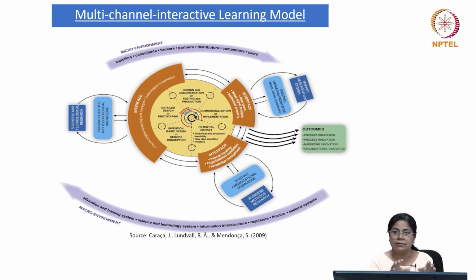It also places the entire innovation process which happens in an organization in a wider context. That wider context is divided at 2 levels: one at a micro and then at a macro environment. So we will learn about it. The process of interaction between units and teams within the teams is also being talked about. Apart from that, if you look at the model itself, the chain is coiled over itself, so it is made circular in nature, and the basic idea behind it is that you want to understand the dynamics of the learning process.